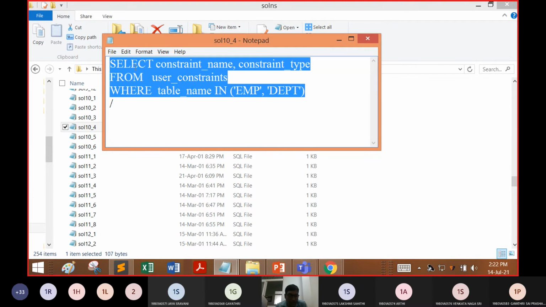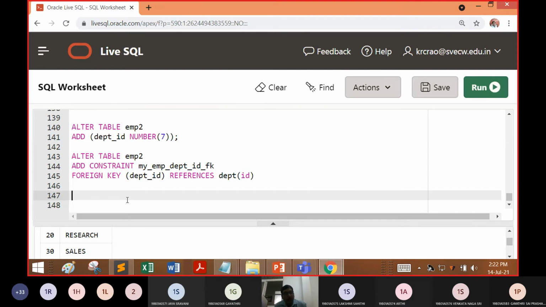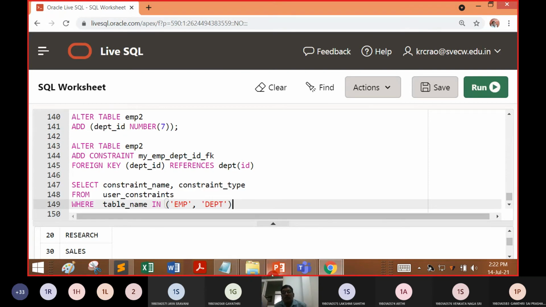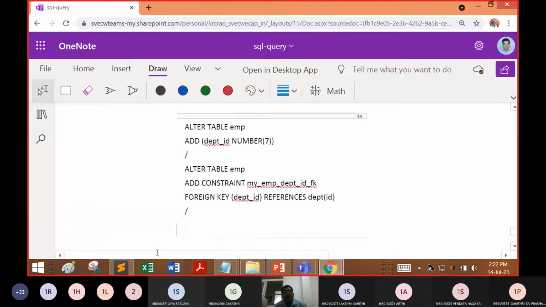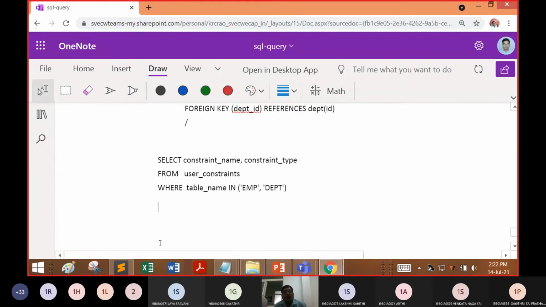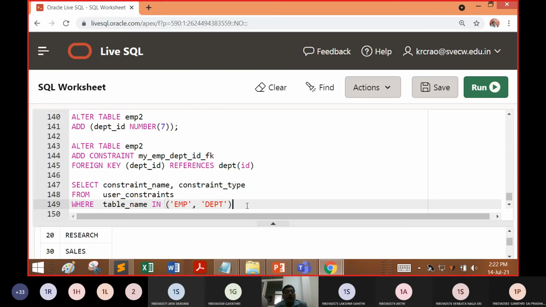Now I can take this query directly, because this is the first time I'm explaining this type of query. It will tell what the available constraints are on the table called EMP or on the table called DEPT.